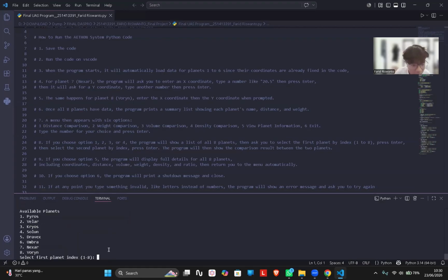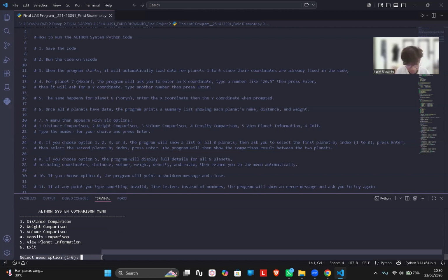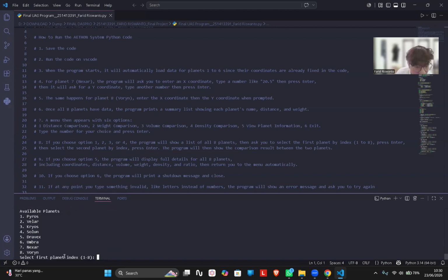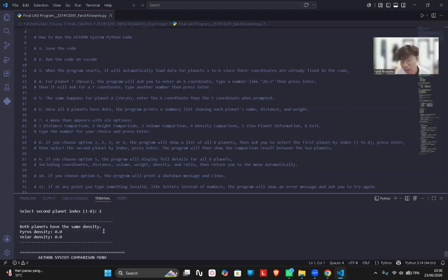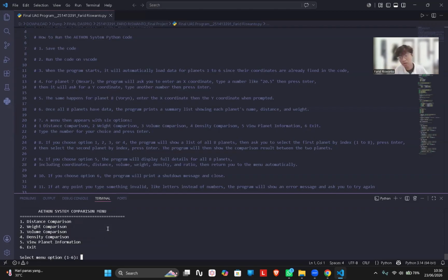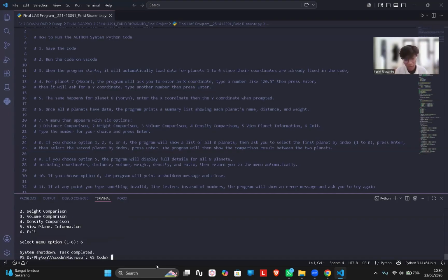We chose 3, and chose the planets. Yep, we got this result. The solution is larger than, vice versa. Continue to number 4. We chose the planets again. The density is the same because I only rounded it to 2 digits, so it doesn't show that much, but it can be modified for future purposes. For number 5, wait a second. You simply write all the planet properties, and choose six to shut down the program.